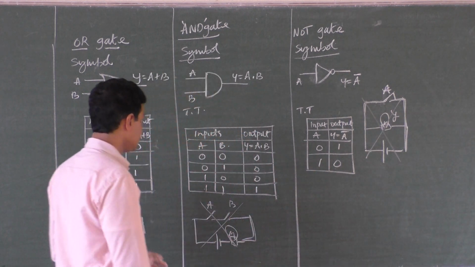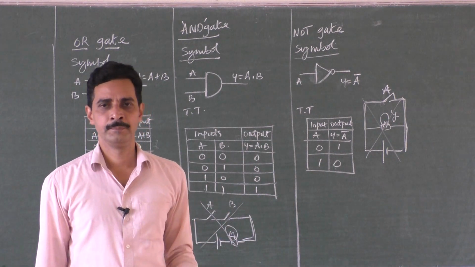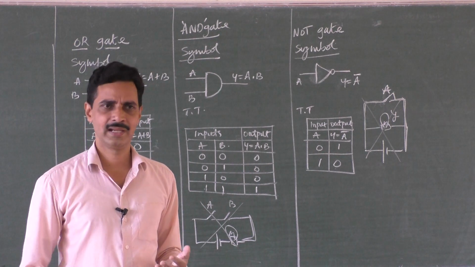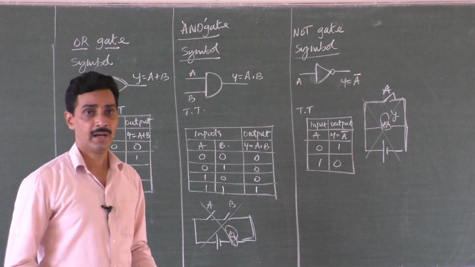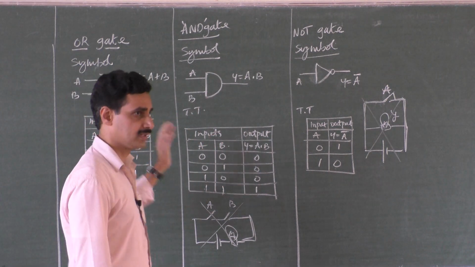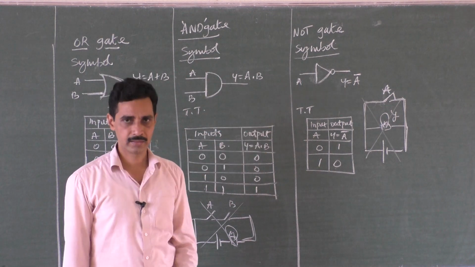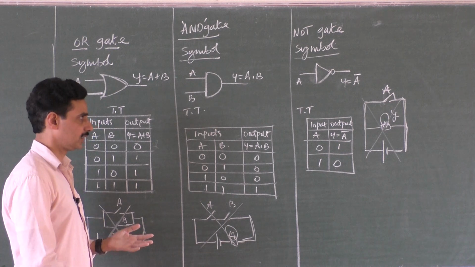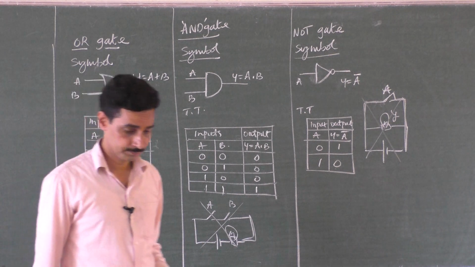Okay, so you may get these questions for 1 mark, 2 marks, or in a series. Write the truth table of AND gate, OR gate, or NOT gate. Write the symbol of AND gate, OR gate, or NOT gate. And how do you write it in the form of an equation? Y is equal to A or B for OR gate, A and B, A dot B, and A bar for NOT gate. All these things. So either symbol or truth table or operation, very important. Then we will move on.